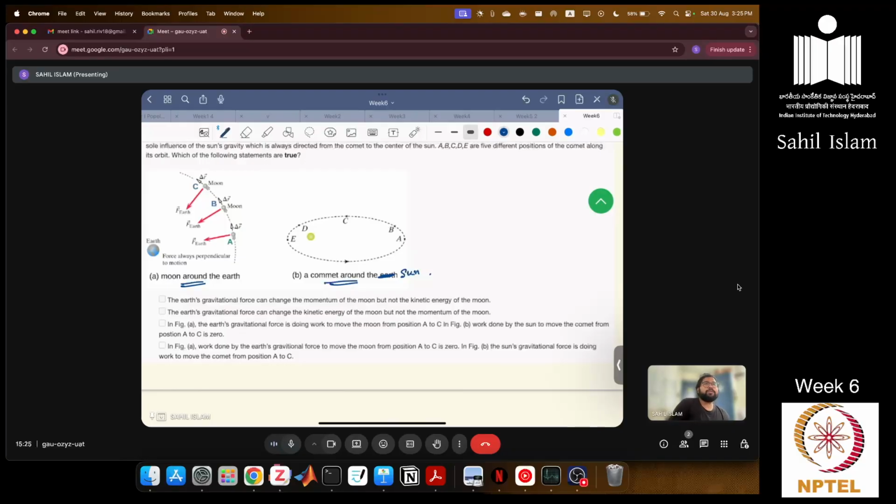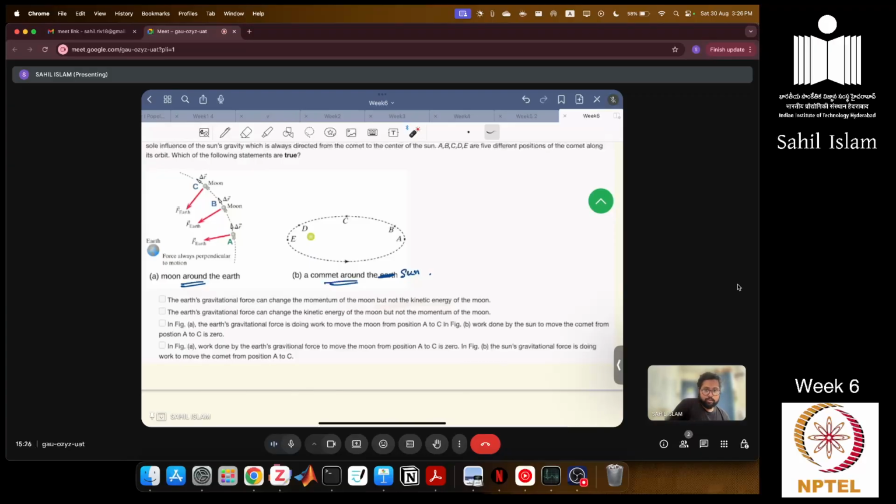So momentum depends on mass and velocity. So if the Earth's gravitational force can change the direction of the moon's velocity, then it can change momentum. For any given position, the direction of the velocity is tangentially outward to the orbit. So this is correct. The momentum it can change, but it cannot change kinetic energy. Yes, so kinetic energy cannot be changed because there is no